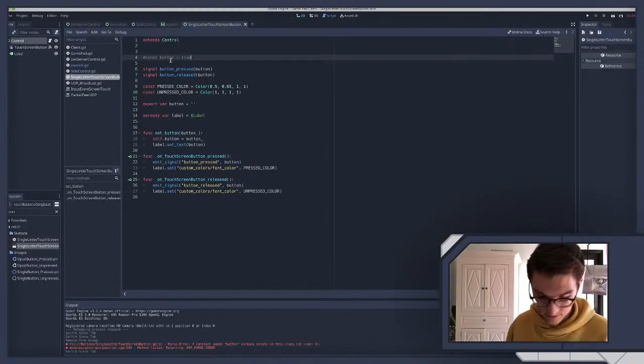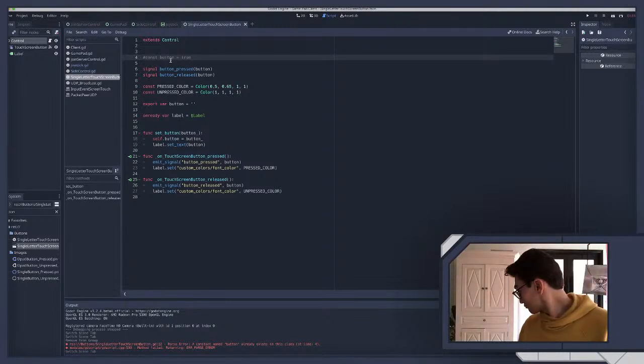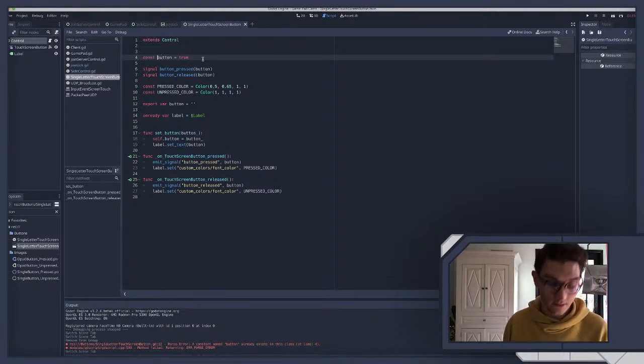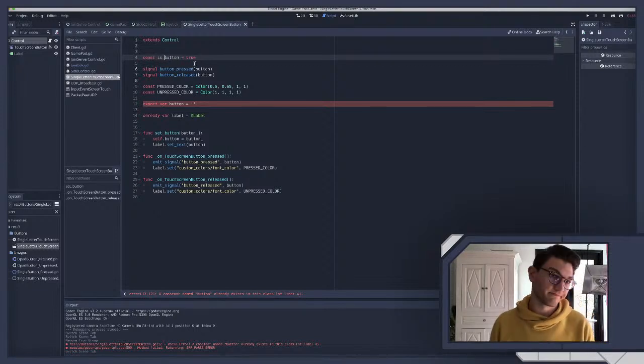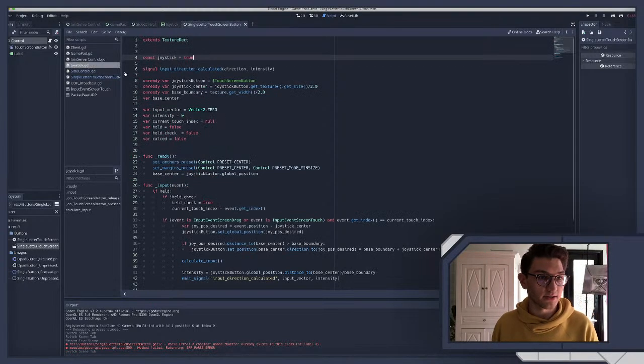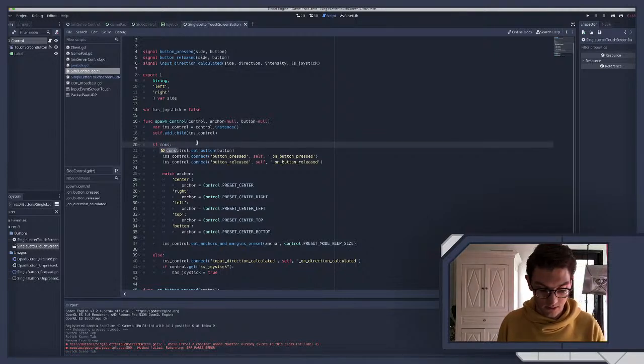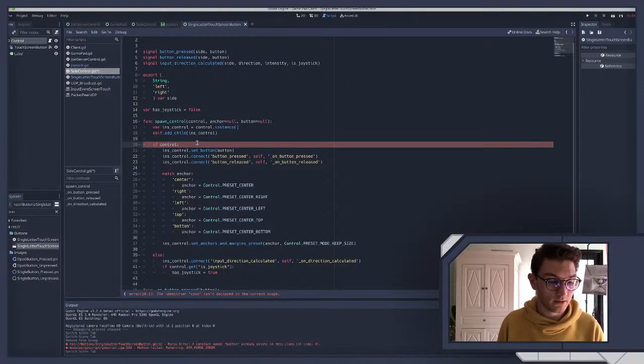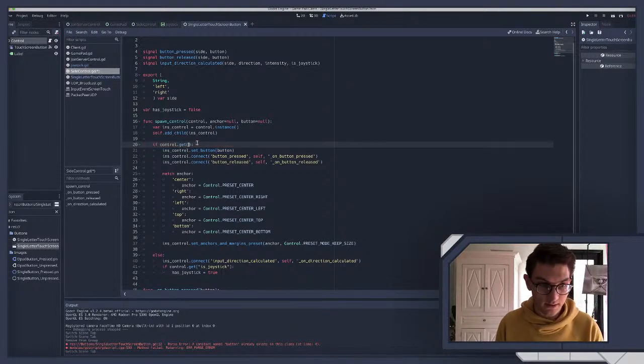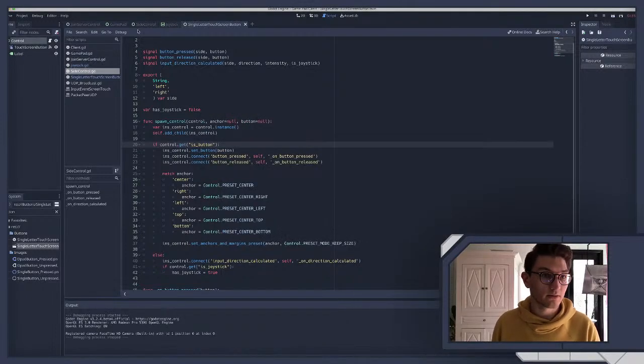So I think I'm just gonna do is button. I should probably be consistent and then do is underscore joystick. And then we'll go here and we'll just change this to is underscore joystick. And then we're gonna say if control dot get is underscore button. Okay. No, that's not what I wanted. I'm gonna go